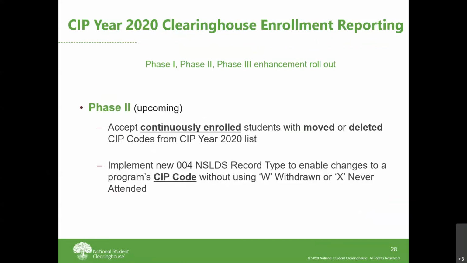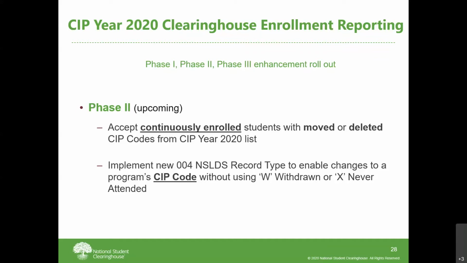So phase two, this one is going to be the next one. We're going to send an email notification to those at your institution who are listed on the Clearinghouse, the school's Clearinghouse contact list with a role type. And also we're going to publish it and echo it on our Compliance Central page. So phase two is to come, and you should hear something about that at some point. We don't have an exact date for you yet. We don't have a date quite yet, but as soon as we have a date, we're going to let you know. And so what is phase two going to mean?